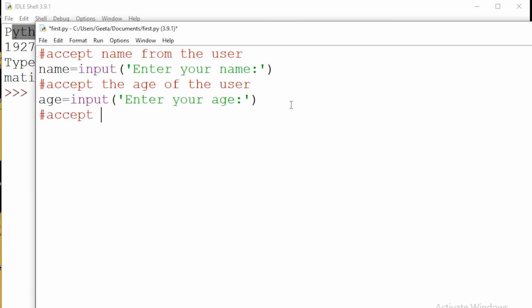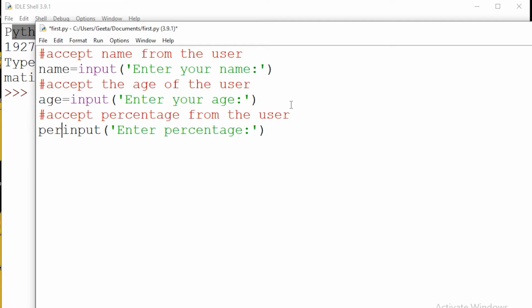Again a comment. Input, enter percentage, and at the left hand side there should be a variable to store the return value.